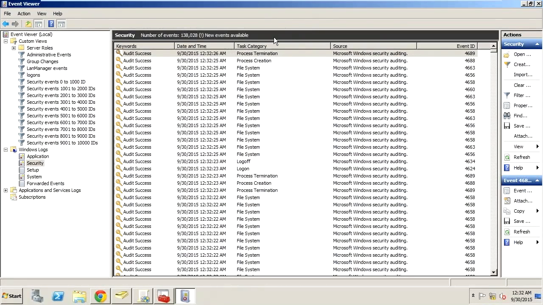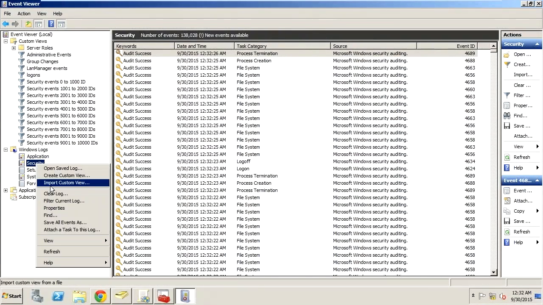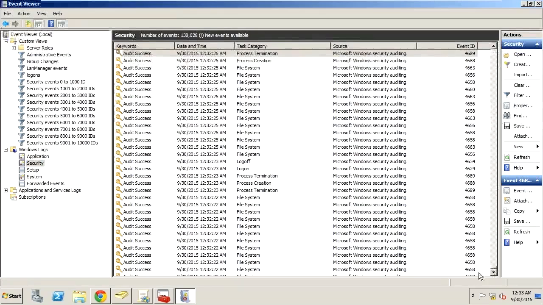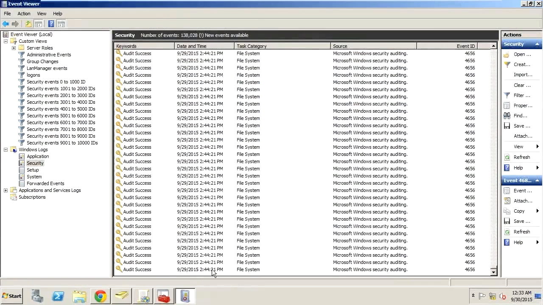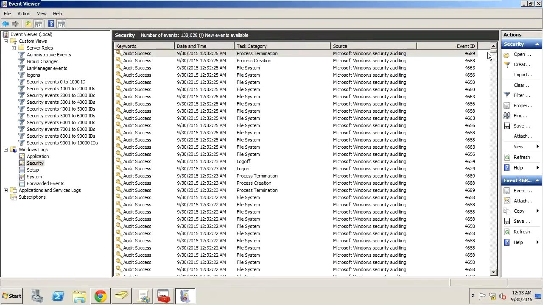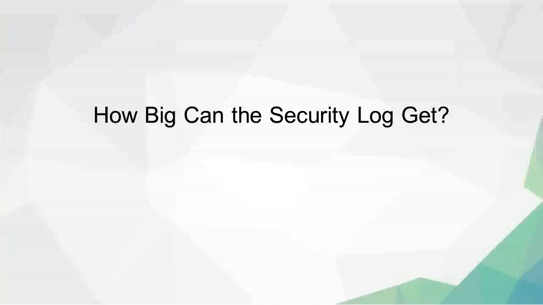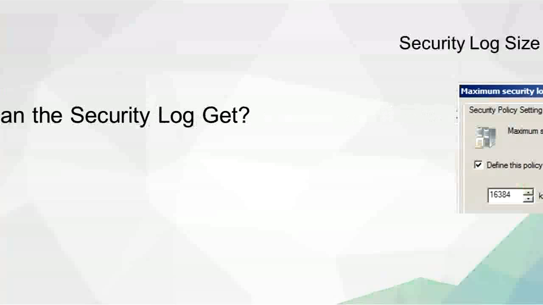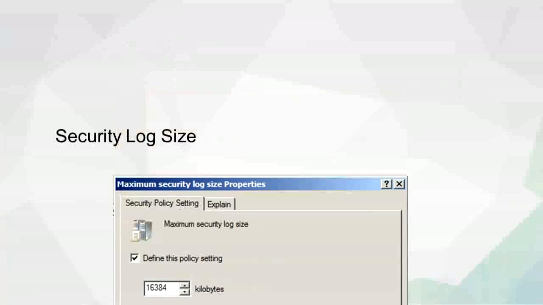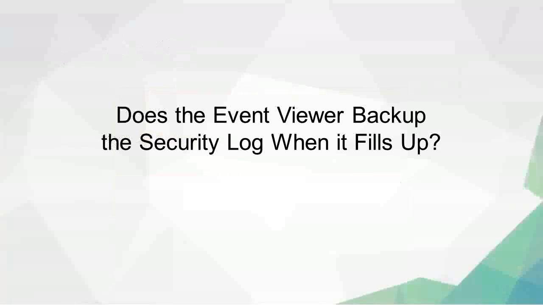So if we were to do a find here, looking for domain admins, but domain admins was changed before 9/29, we're not going to find it. So this poses a huge problem for us as administrators trying to find information. So really the next question becomes, all right, if we have a log size that's small,